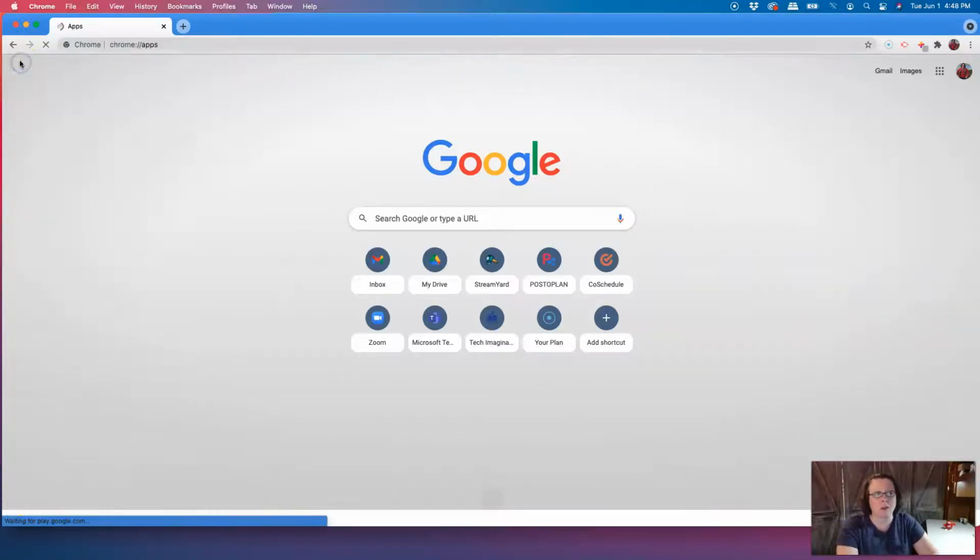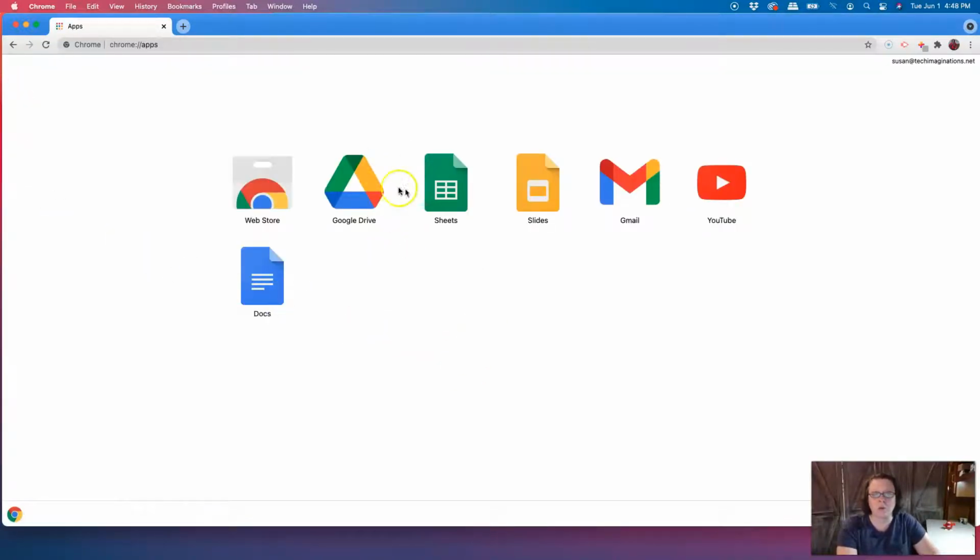If you click that, you're going to get the normal Google for Workspace Education apps, Mail, Drive, Sheets, Slides, Docs, all that good stuff. Also, if you have other things, many of your online digital textbooks may come to you as a Chrome app. So you may see some of those loaded under this. I do not currently have any extra Chrome apps on my account, so that's why this is all I see. But from here, I can get to the web store, which is where I want to go to add those